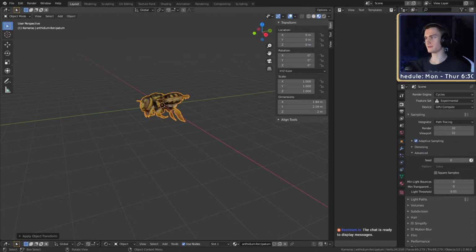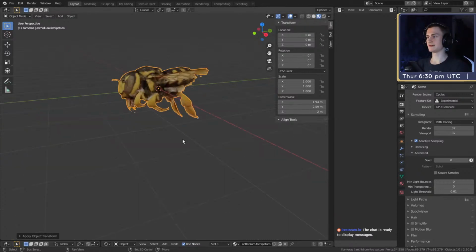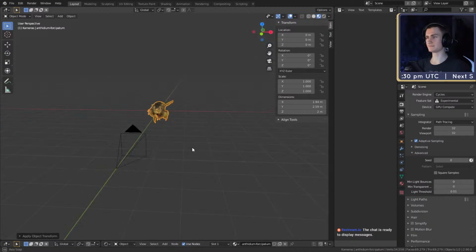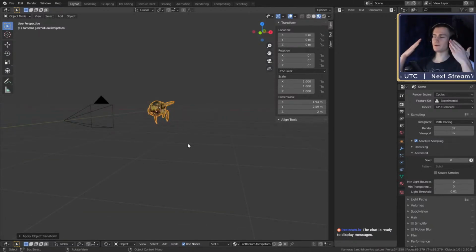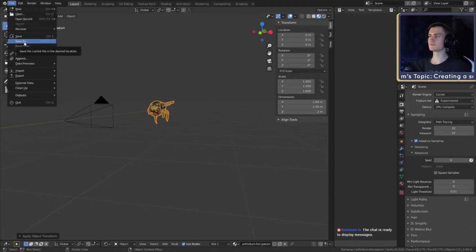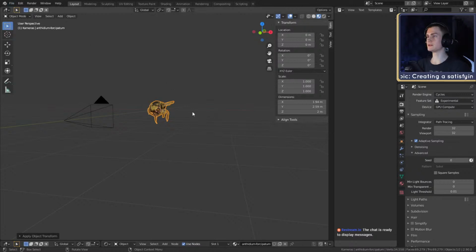Okay, let me hide my window. Of course I have my timer as well. And I think we're ready. So I already have an image in my mind that I want to recreate. So let's just be safe, let's save that already. So we have our base already set in the correct folder.